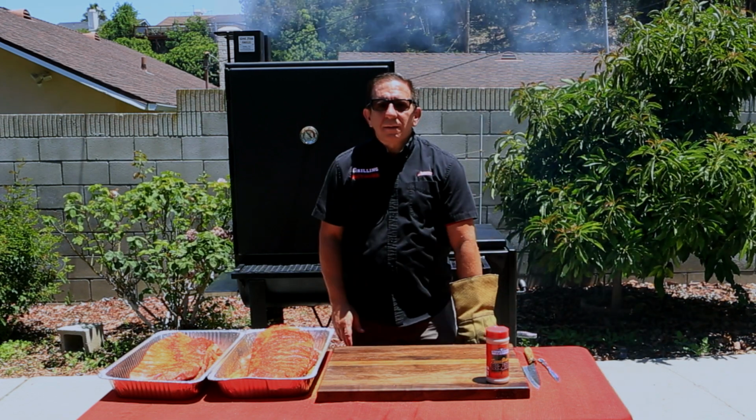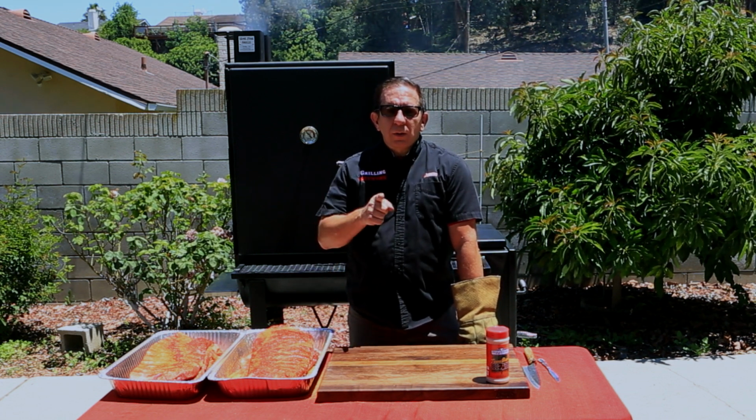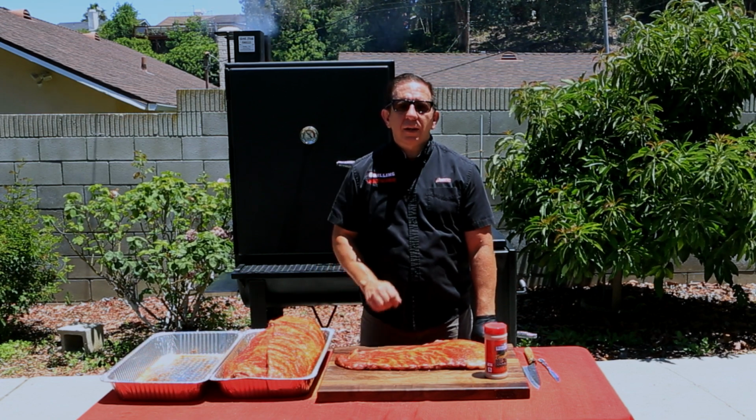It's going to add an amazing flavoring. As our ribs are finishing sweating up, we'll let this go. See you back soon. As our ribs have sweated for about 15 minutes, it's time for the second application of